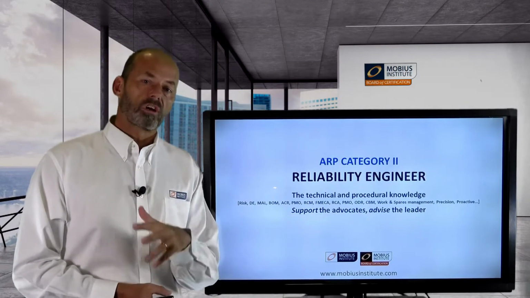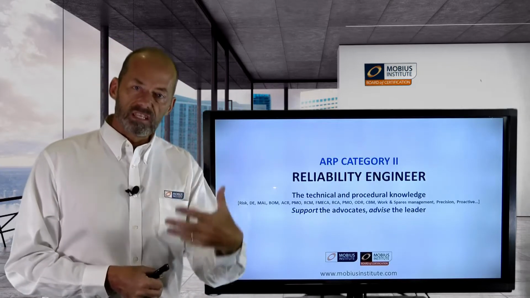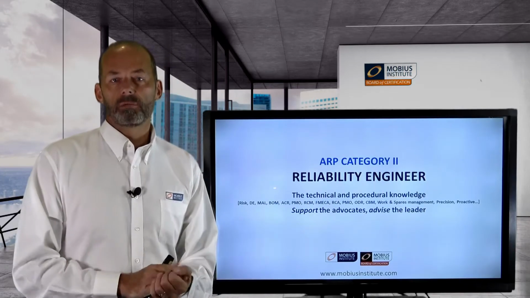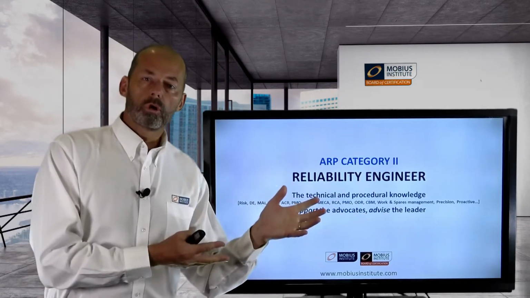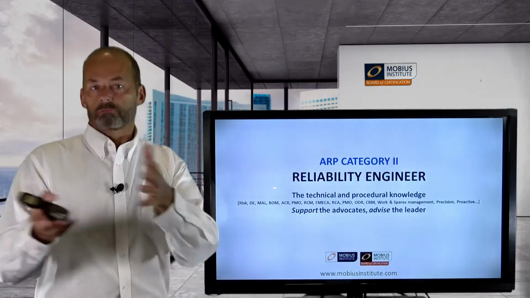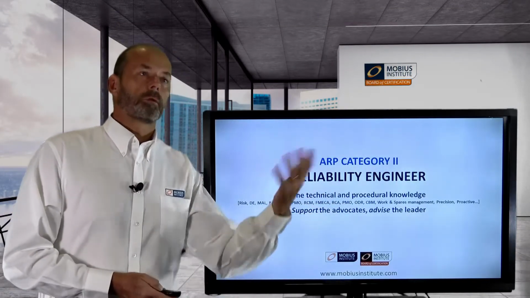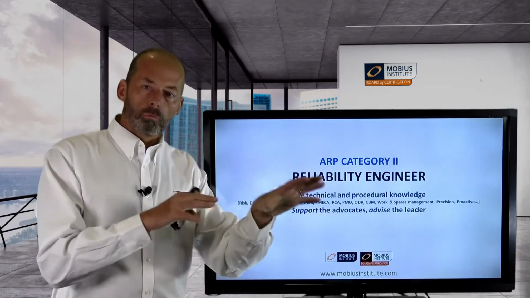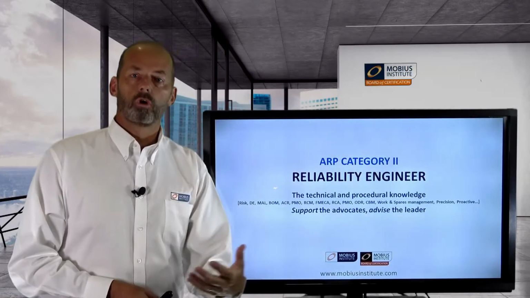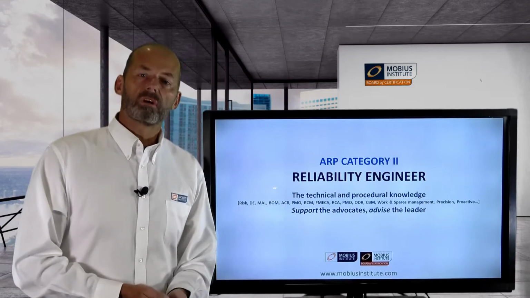The Category 2 program is your more traditional reliability engineer program. Lots of detailed training to truly understand how to successfully do the work as a reliability engineer. So whether that's the technical work of developing the reliability asset strategy and determining what's condition-based maintenance and interval-based maintenance and so on, developing the asset criticality ranking, looking at the work management process, the spares management process, perhaps working on procedures for maintaining equipment or standard operating procedures for operating equipment and so on.